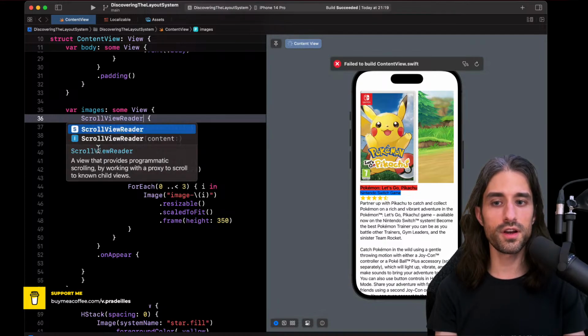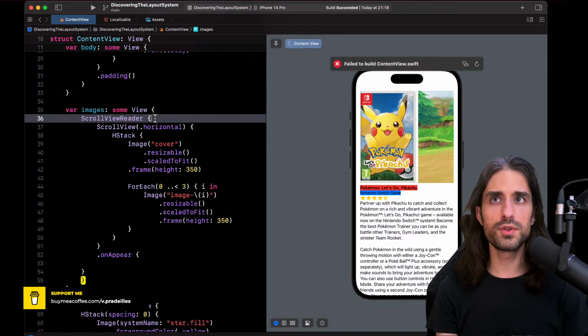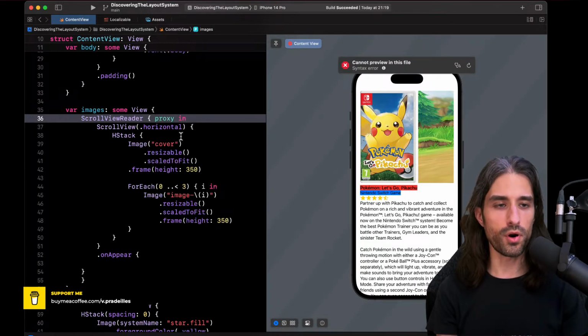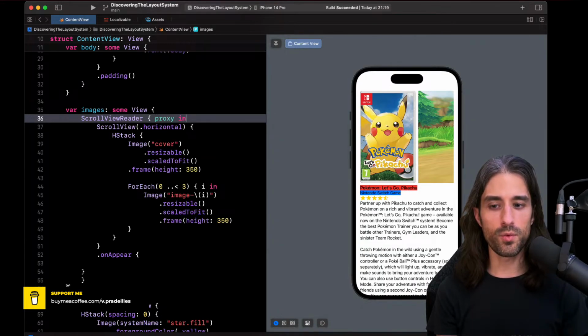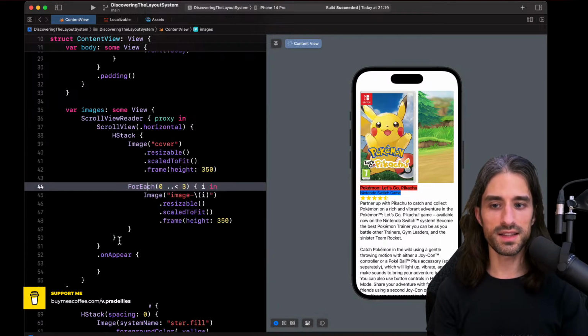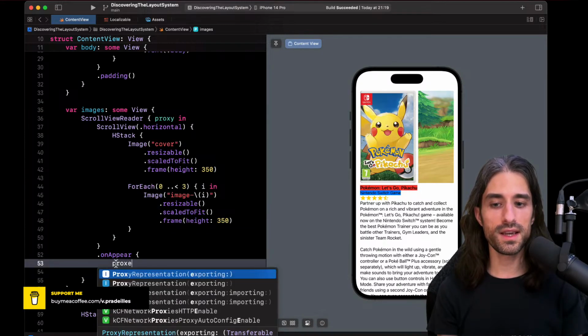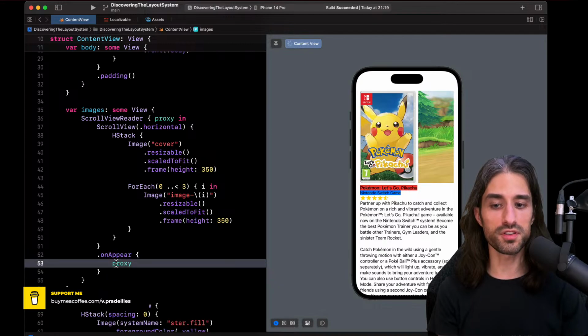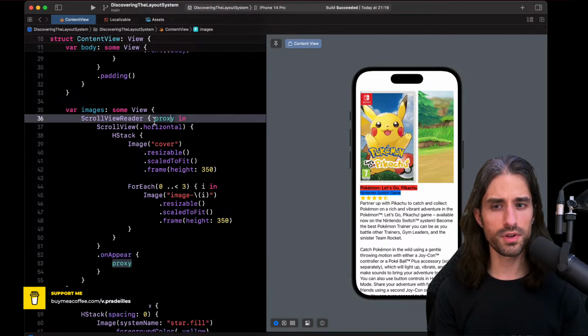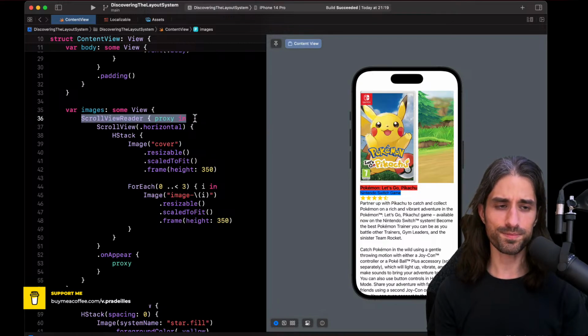So scroll view reader is a view that takes an argument, which is a scroll view proxy. And the way this thing works is that inside the closure on appear, we can now interact with the proxy because it's inside the scope. It's the argument of this parent view.